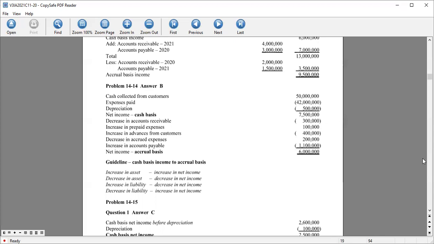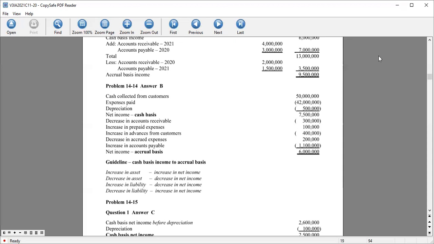We have decrease in accounts receivable. We have to deduct, meaning the accounts receivable beginning is more than the ending, the fact that there is a decrease. So if the beginning is normally considered in your accounts receivable treatment, then your ending is added and the beginning is deducted. Now, the decrease in accounts receivable of 300,000, we have to deduct, and increase in prepaid expenses to be added,